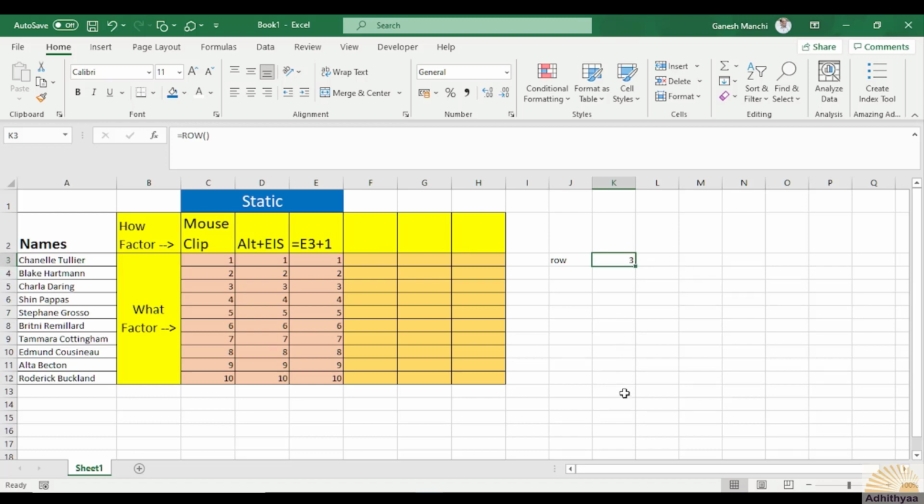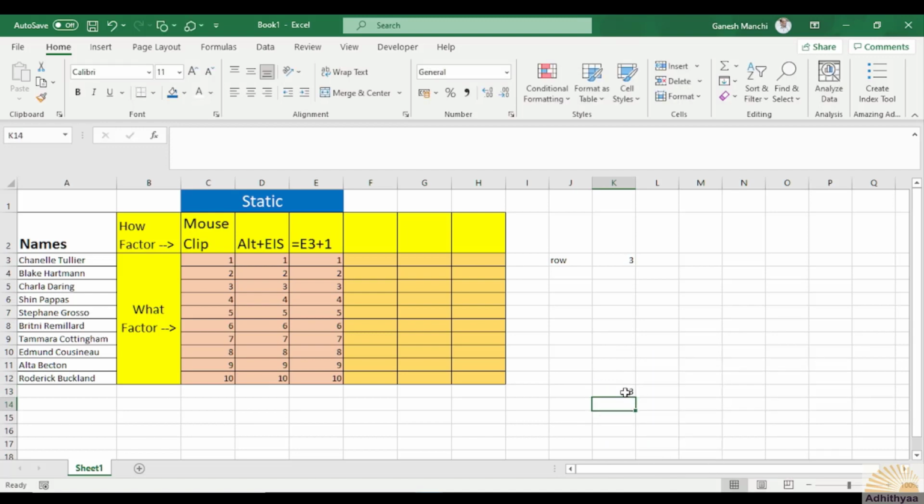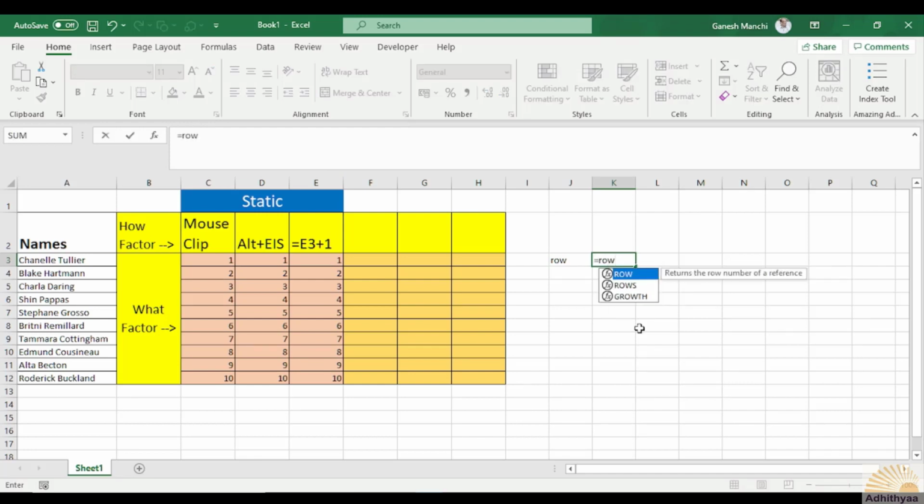Supposing if I give the same equals ROW in another cell, it will return 13. That means this is the 13th row. So precisely in this formula, if it is ROW singular and close it, it will display the nth row.